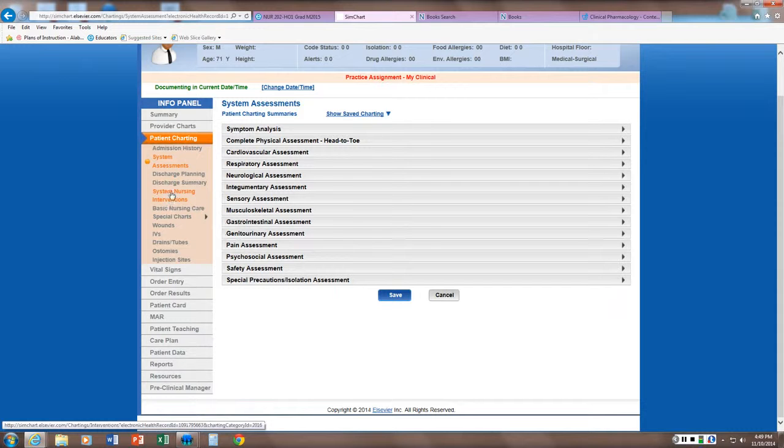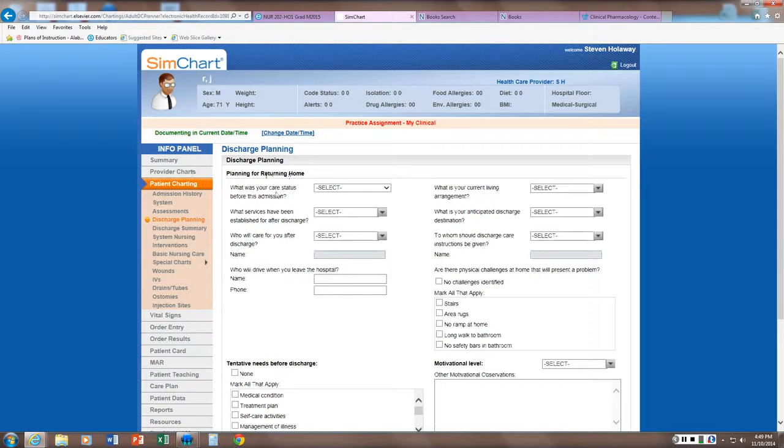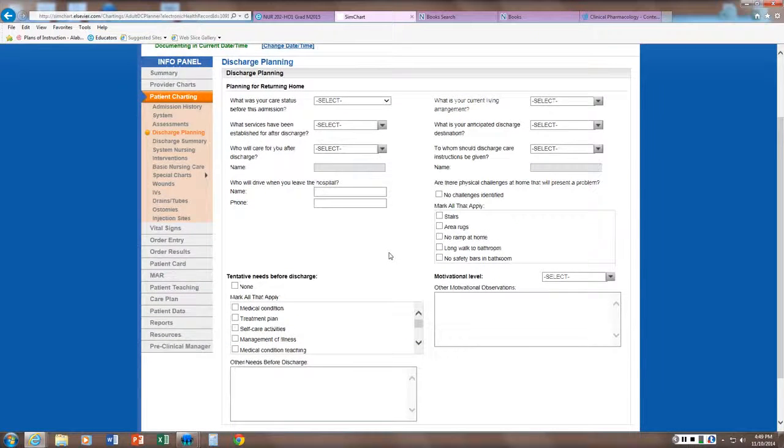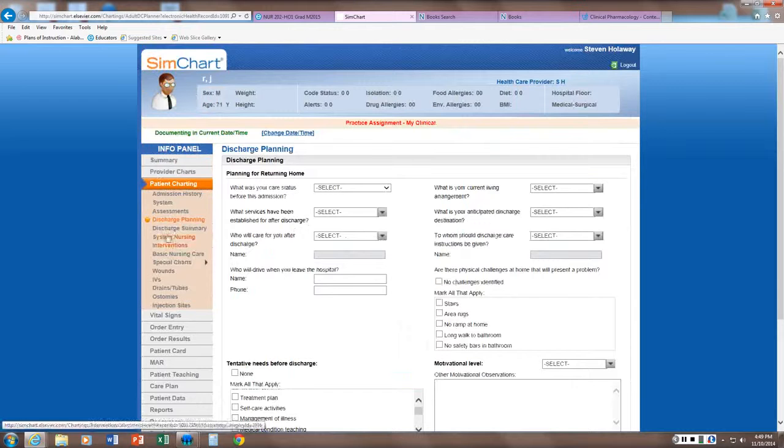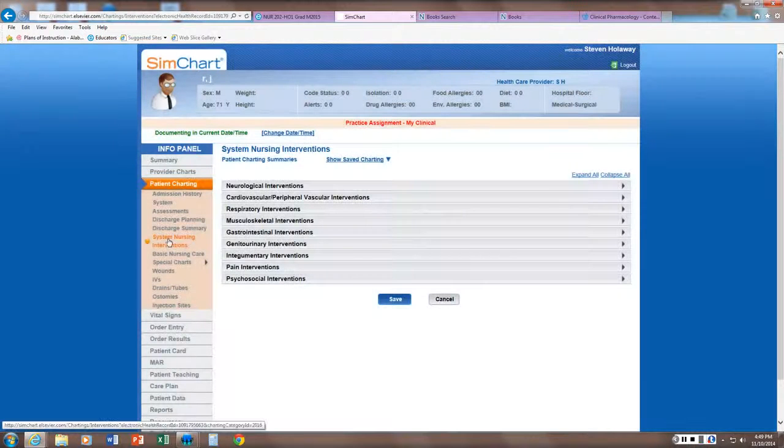Now, basically, that's your systems assessment on that patient. Do go ahead and do discharge planning. It basically talks you through what you would be doing for the discharge planning. I do not care about a discharge summary. Next are the systems nursing interventions you need to do. These are interventions you're doing for your patient. You may not have an intervention for all of these, but if you have a cardiovascular patient, what did you